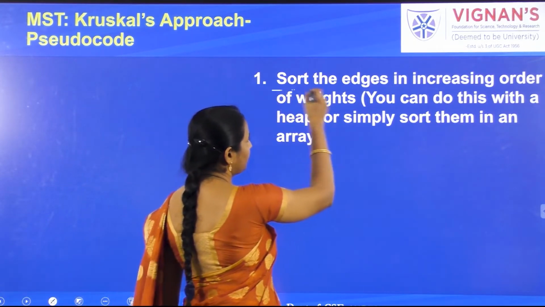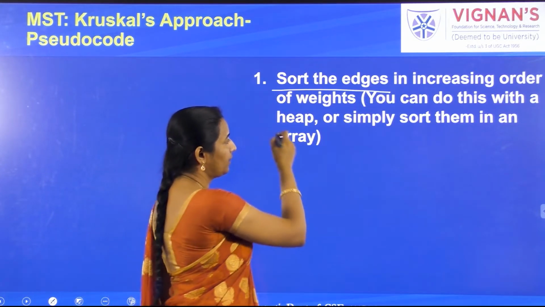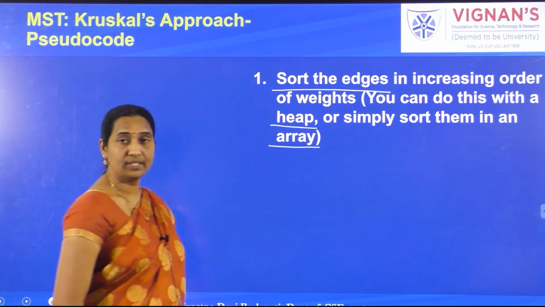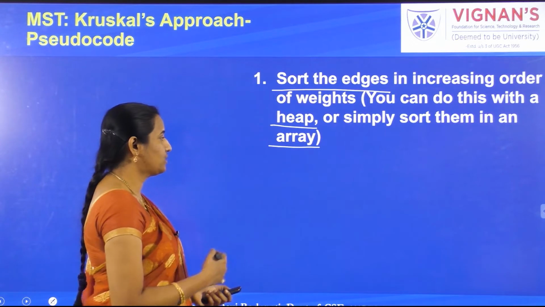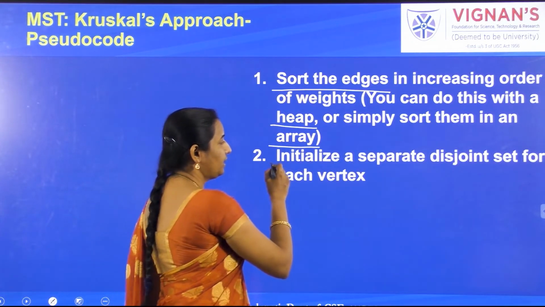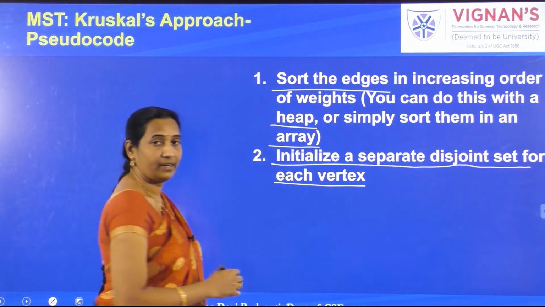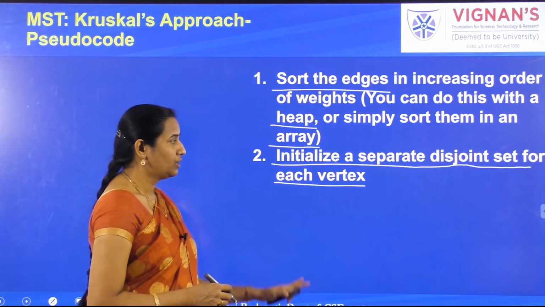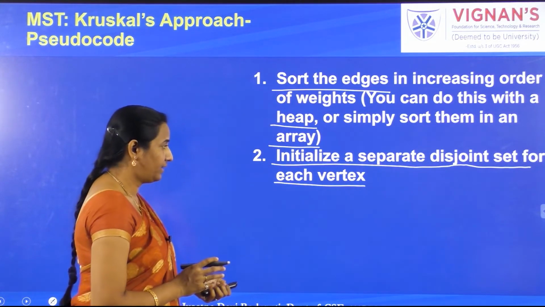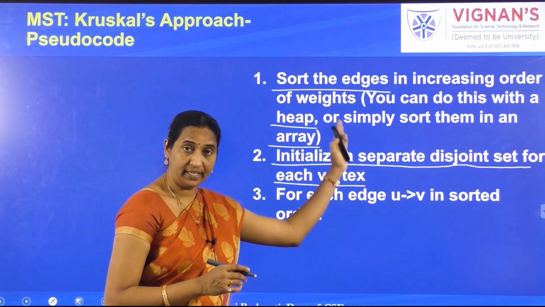So first you need to sort the edges in the increasing order of their weights. You can do this with a heap. Either you can use the heap, or you can simply sort all the edges as per the array. Either of the ways you can follow. And once the edges are sorted, you initialize a separate disjoint set. We are going to use the disjoint set union-find algorithms to solve this problem. You separate each of these vertices into the disjoint sets, and then you consider, for every edge that is already in the sorted order,